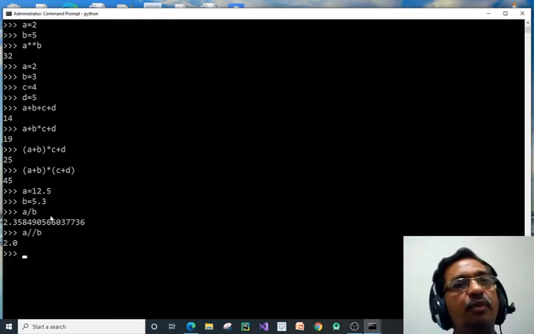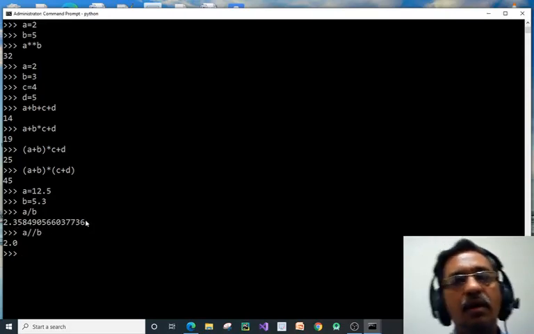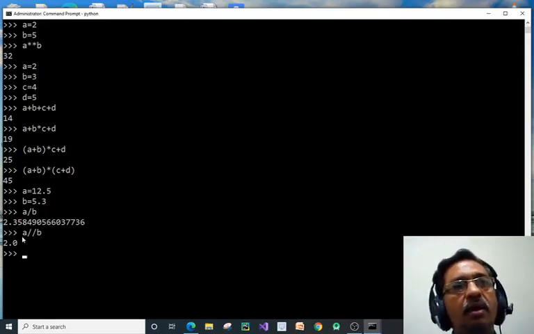But in this case, if you check here, a is 12.5. So whenever a decimal point is there, that number is considered as a floating point number. So a is equal to 12.5, it is a float. b is equal to 5.3, it is also considered as a float. Float number divided by float number gives you the answer in float format. It will try to print 15 digits after the decimal point. And a double forward slash b gives only the integer part, that is 2. But as a and b both are float, it will give you the answer as a float.